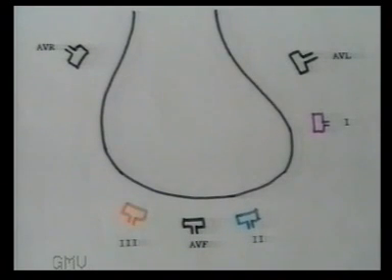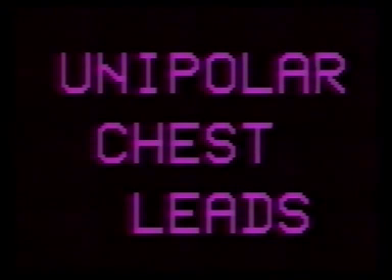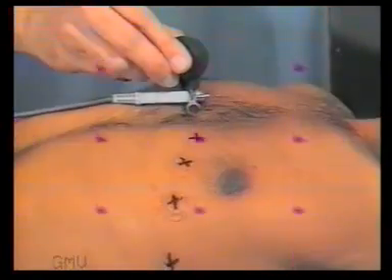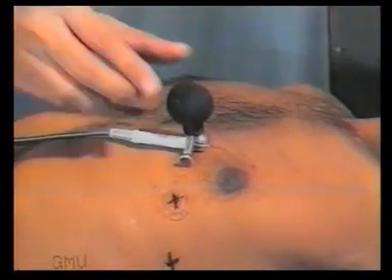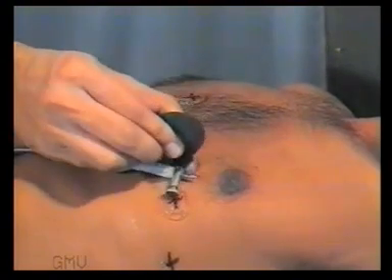This diagram now shows how the 6 different limb leads look at the heart from 6 different directions. Leads 1 and AVL from the left side, leads 2, 3, AVF from the inferior side, and lead AVR from the right side. The chest leads are recorded with an exploring electrode placed at various points over the chest, while all the three limb electrodes are connected together to form the neutral electrode. The points are marked as follows.